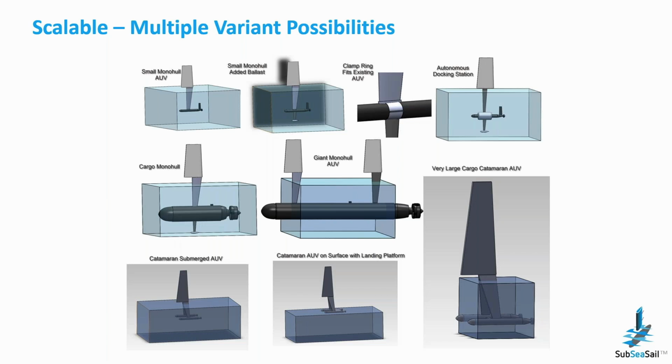Just an example of how this technology can be scaled in different ways, carrying AUVs, delivering large cargo. We were asked to look at delivering 5,000 gallons of fuel. I want to call attention to the drawings below of the catamaran. We do have a working version of this, our Generation 2. It can surface all the way to the surface, and what that does is allow us to get right up on a beach or carry a heavy payload or launch and recharge unmanned aerial systems operating as a lily pad